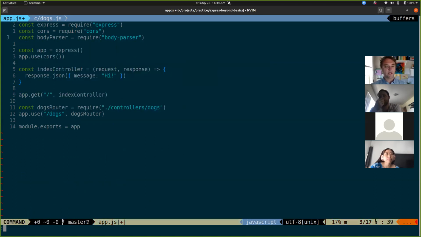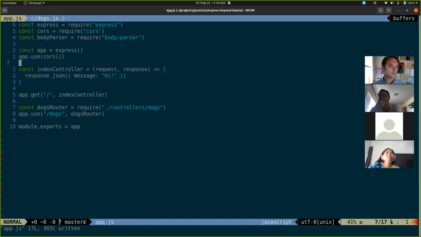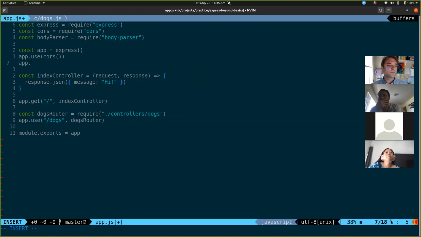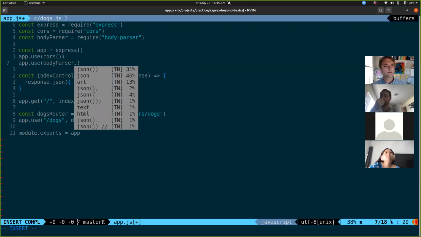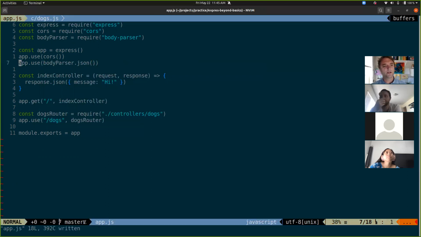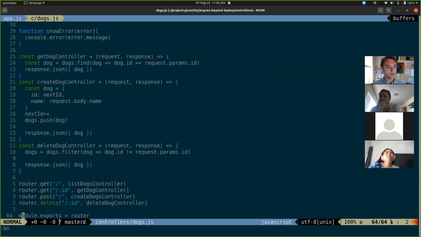It comes with Node, so you don't need to install it separately. You need to say, any request that comes in, I want you to try to parse it as JSON. And that's what allows you to do things like